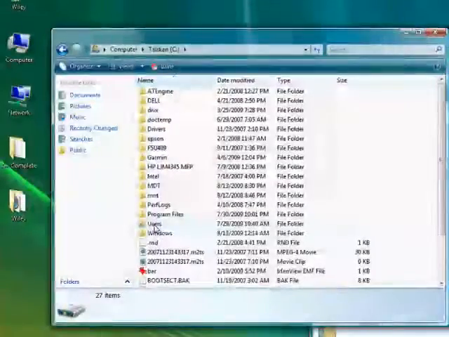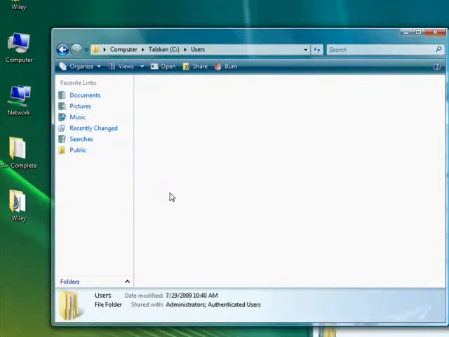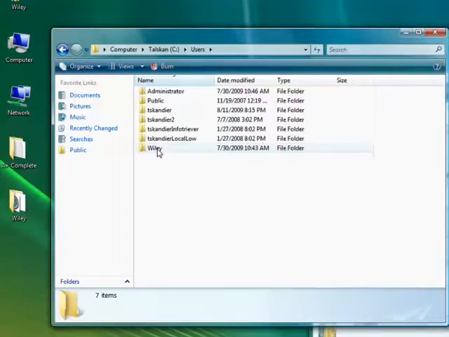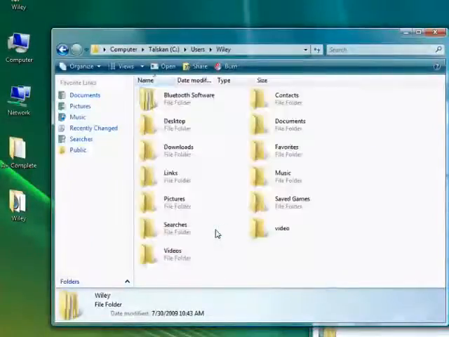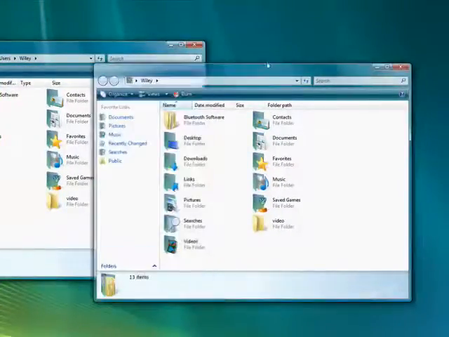But what you do see is a folder called Users. Under Users, you have each of the users that have logged on to the system, and what you have beneath there is pretty much